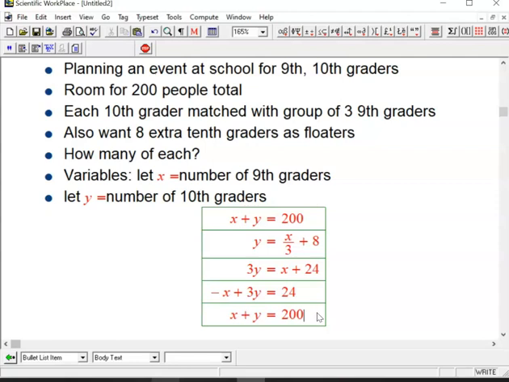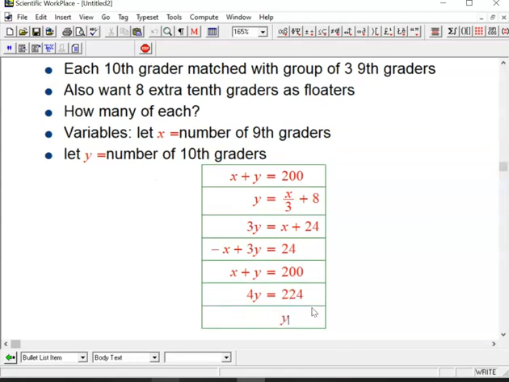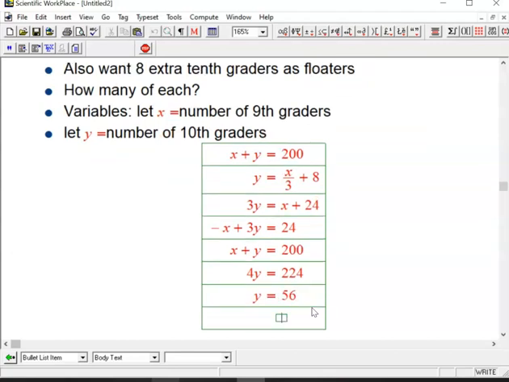And luckily, this is already in a form where we don't even have to multiply either of the equations by anything. We can just literally add the left sides of the two equations, and you're going to get the elimination that you want. So again, elimination should usually be our preferred strategy, and here it's just super easy. So 4y is 224. y is therefore 56. And then to get x, you can just go back to any of the true equations. Probably the easiest one is x is just 200 minus y,